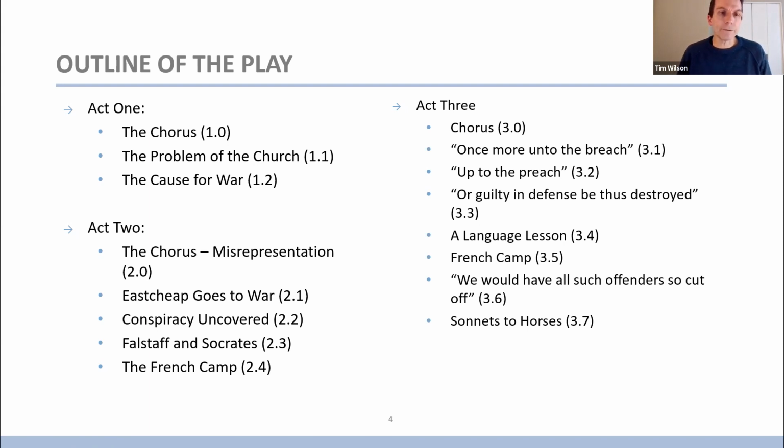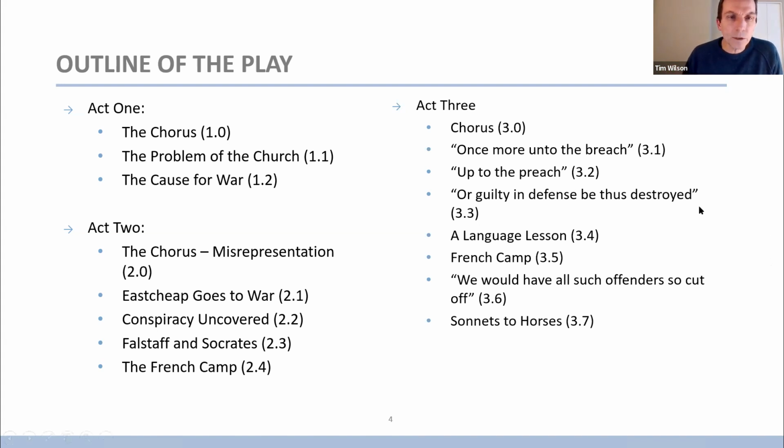So the first one, we have this chorus function that begins every act. Act 1 begins with the chorus. That's the first thing we see as the play opens, a single actor out there playing a chorus who calls for a muse of fire to help create the huge story about to be told. And the chorus, this first chorus, apologizes to the audience that the theater, this wooden O that they are in, is too limited to show the proper size and power of this war. And he asks the audience to use their imaginations to bring the play to life.